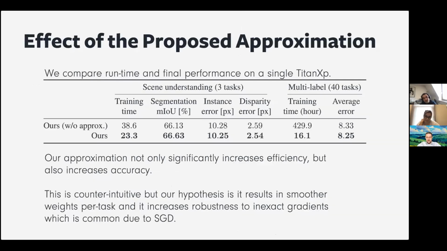And you can look at basically this idea of using the approximate version, which is probably a good one. Does it actually hurt? It doesn't. It improves the efficiency significantly. And it even helps with accuracy. We have conjectures, but we don't have actual answers for why it actually helps. So at this point, it might be good to answer if you have questions about multitask learning, because I'll extend it to the generalization case a little bit.